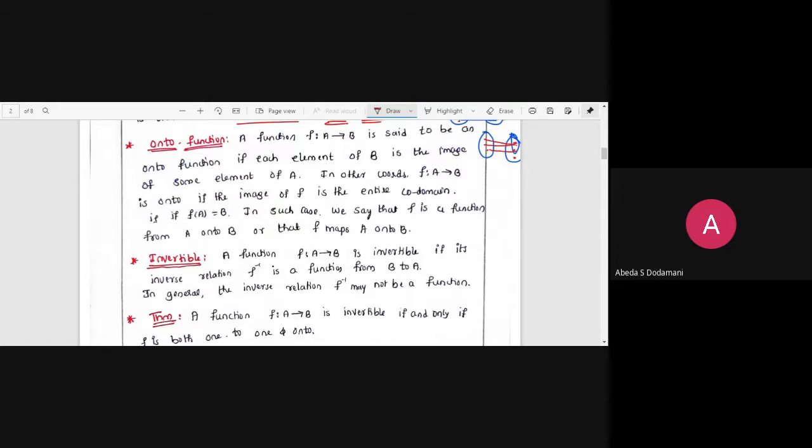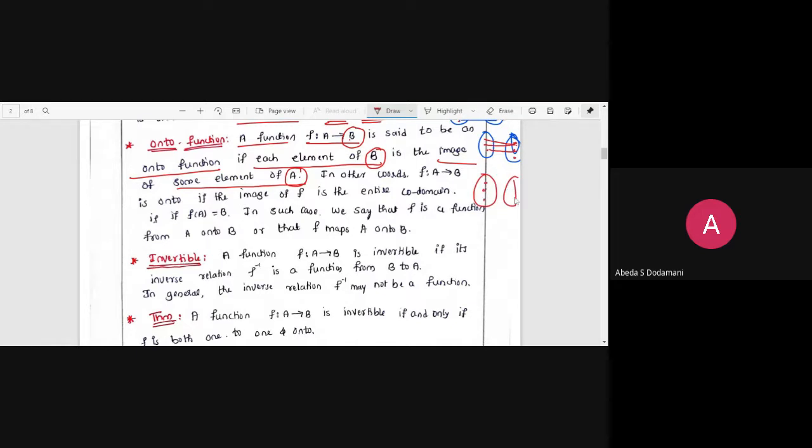Okay. So let's go onto onto function then. Again, here this is the function first. From where to where? From A to B. It is said to be onto or bijective if each element of B, now here I am focusing on B, each element of B is the image of some element of A. So here what is the necessary condition is, suppose you are having here the relation, say